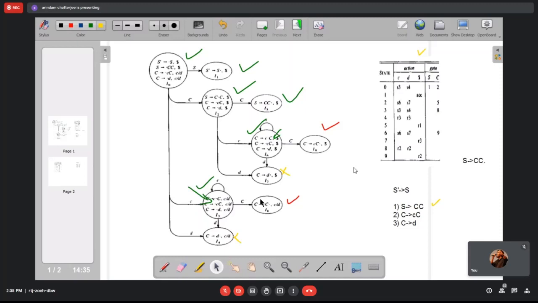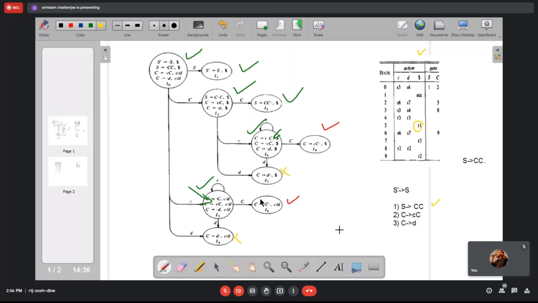So in I5, state 5, you can see we are calling for the reduction with rule number 1, which corresponds to the item S producing CC dot. Similarly for other rules as well.